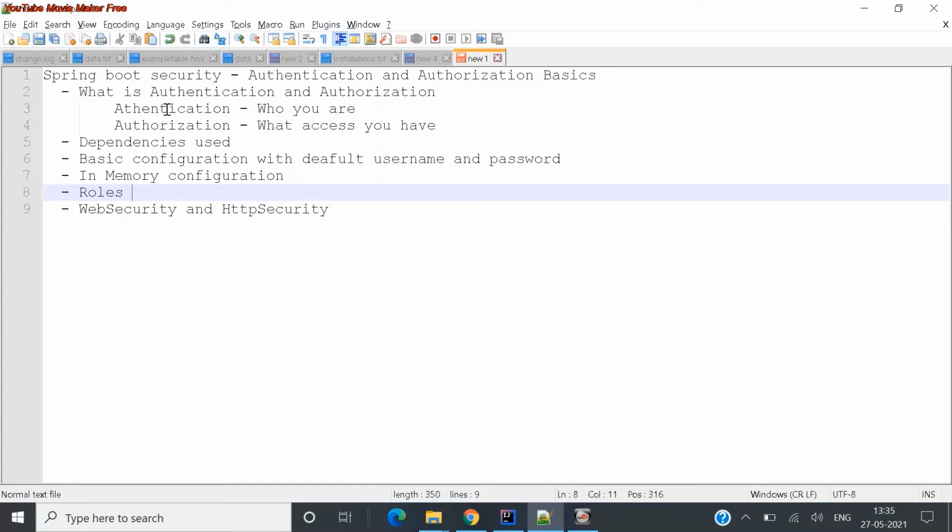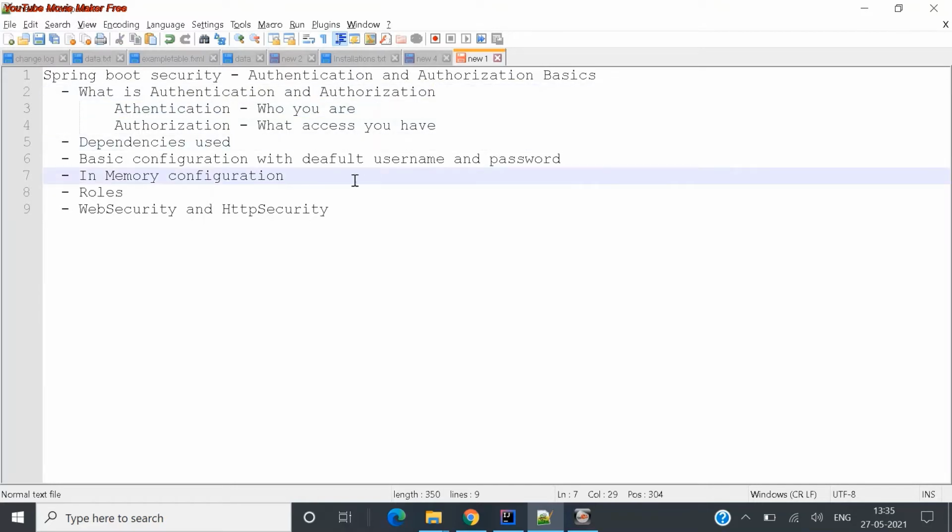Let us first understand, before we jump into the code, what authentication and authorization are. In simple words, authentication is who you are. You have to identify yourself, and authorization is what access you have after you identify yourself. For example, assume you created an application or a software where you sign up.